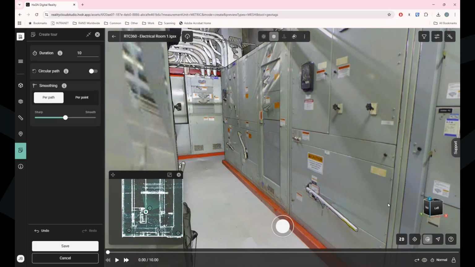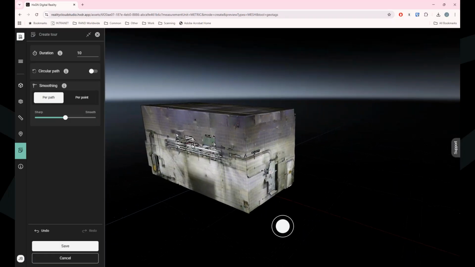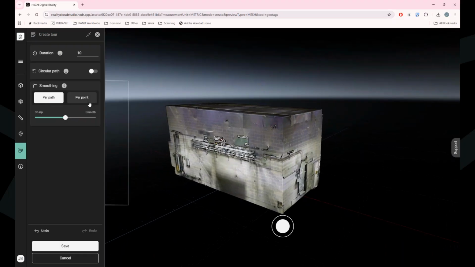Down at the bottom, I've got some navigation tools, so I can switch to a top-down view. I can reset the view, I can orbit, I can fly, and then I've got some navigation controls. Down here at the bottom is my play from when I was creating my tour. So if I want to preview that, again, I can click on that and preview it and just see what my tour is looking like. Again, you can do the smoothing per path per point, and this